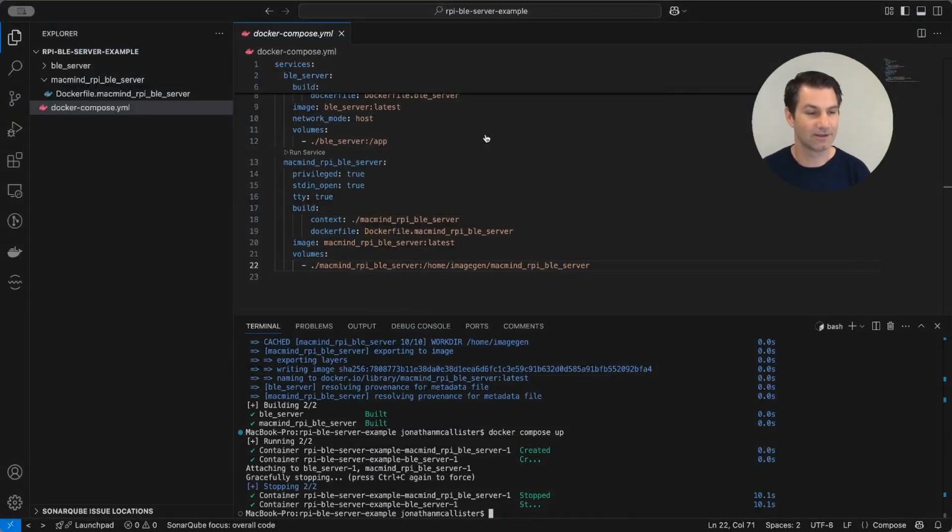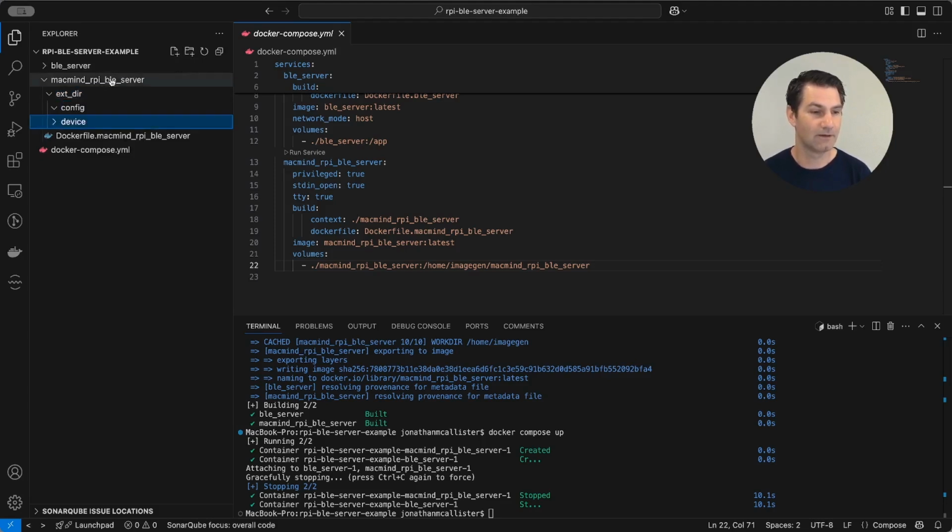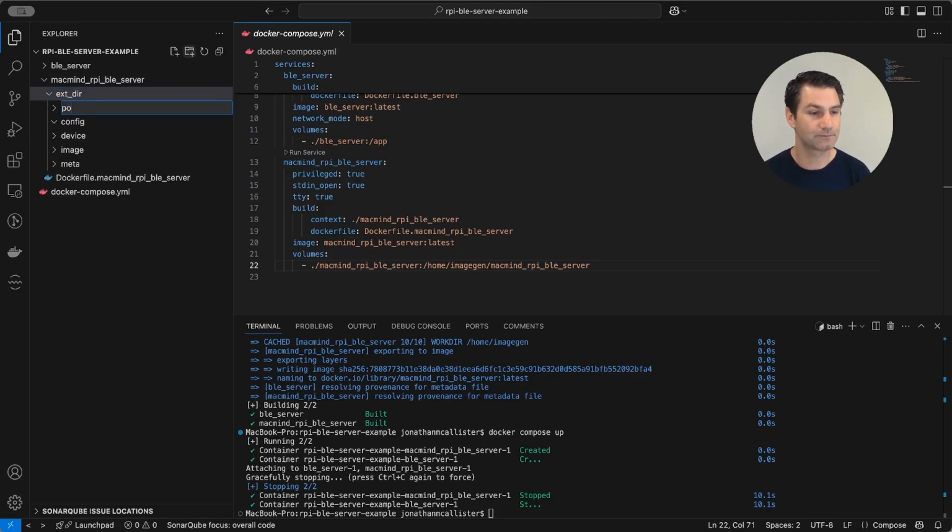So let's go ahead and start this process of creating our ext dir, and then we're going to create those subdirectories, right? So we have config, and we have our device, followed by our meta, image, then meta, and finally profile. Okay, and so let's go ahead. We'll start with the config. We're going to create a file called macmind pi server config,